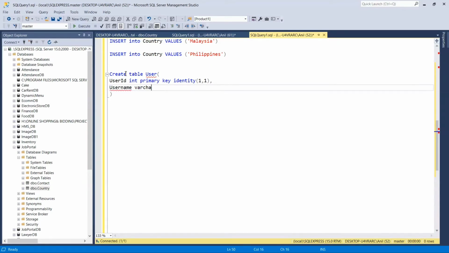Let's give it varchar 50, comma, third column, that is password, varchar 50, after password, name, email, then mobile,